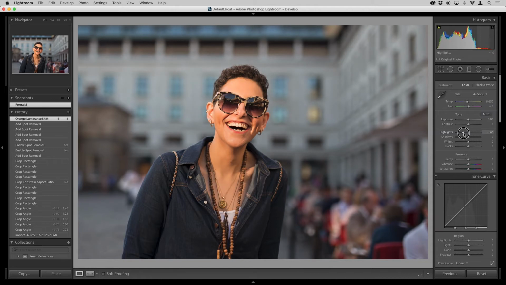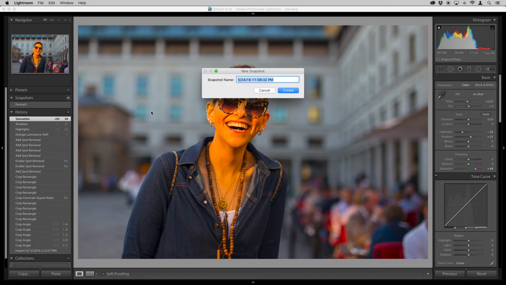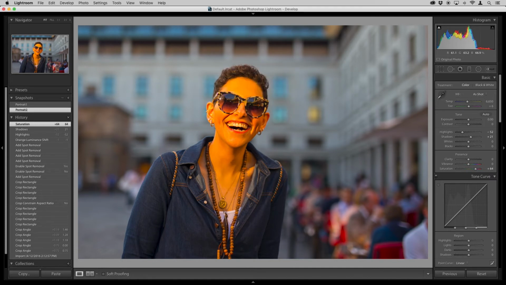with other settings. So I'm going to go and play with highlight, maybe just boost up the shadows a little bit, whatever I want to do to the image. And let's just do something drastic. And I'm going to go crazy on vibrance, make her look really terrible here, but just for comparison's sake. So what I'm going to do here is create another snapshot, and I'm going to call it portrait 2. And if I create that second snapshot, now I could actually go back and change the settings, maybe